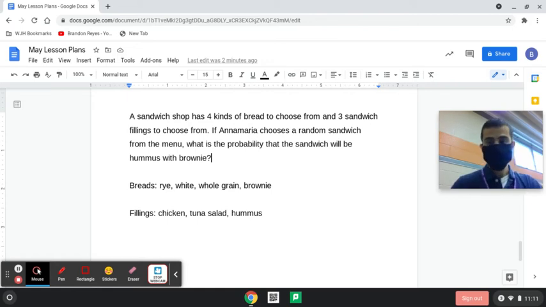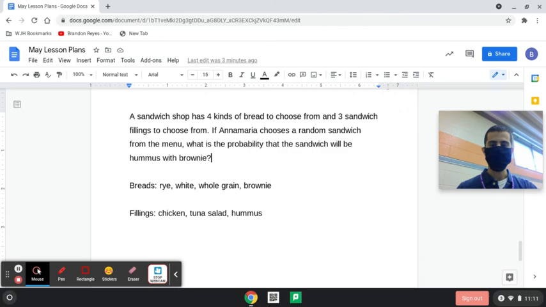All right. And where was I? We calculated 4 times 3 to find the sample space, which is all the outcomes. So that's 12. So there are 12 different kinds of sandwiches she could end up getting. And she is only going to get one sandwich. So we just have to write a fraction